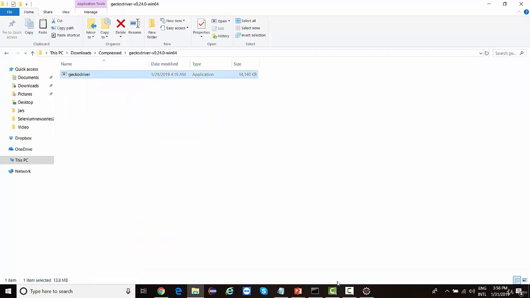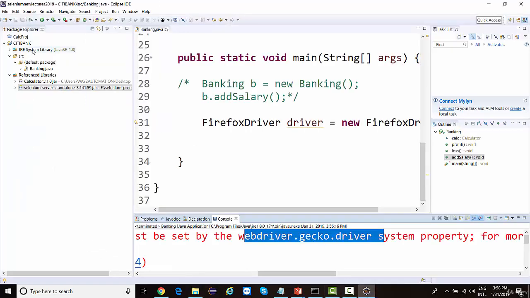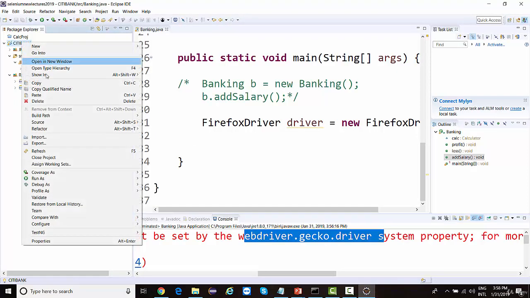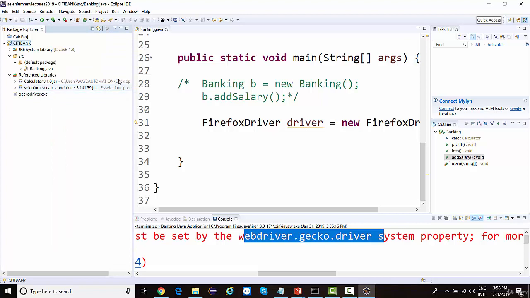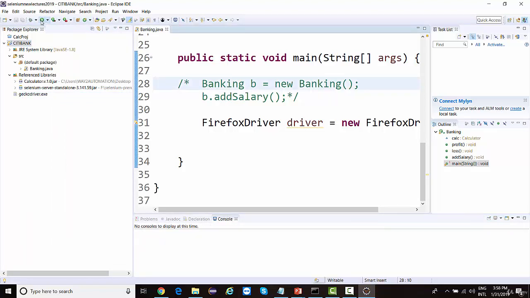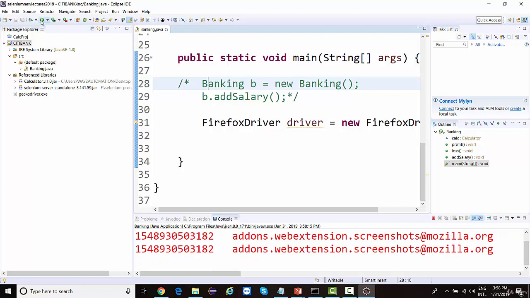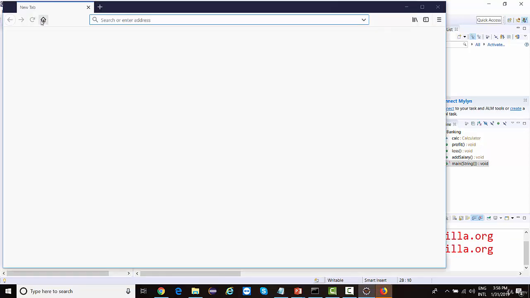So I just need to copy and paste this executable in the root of this project. And now if I run this, you're going to see that it will not throw any error. These are just logs, and it will launch your Firefox browser.